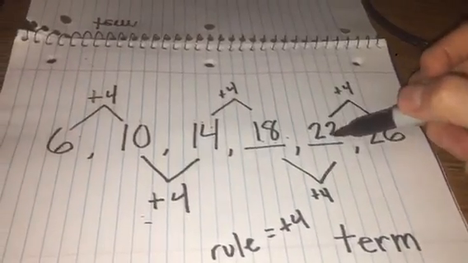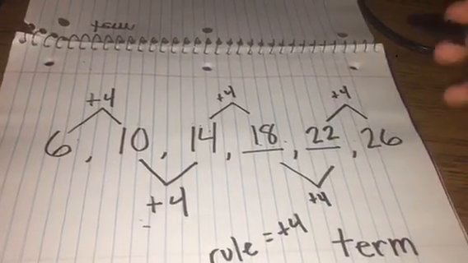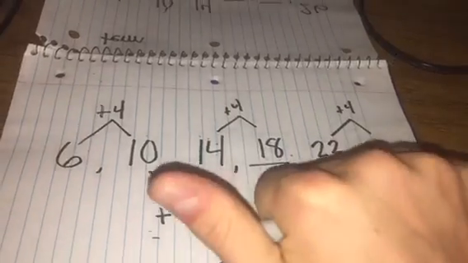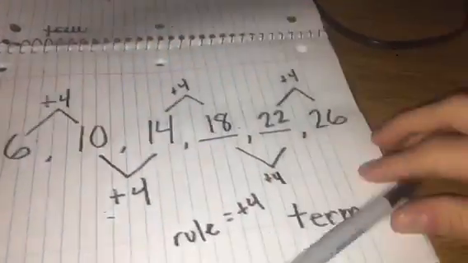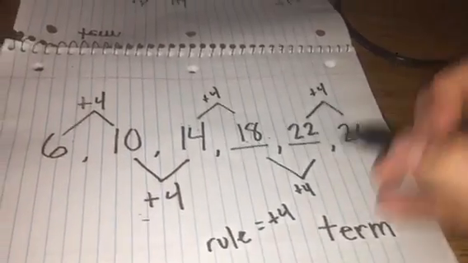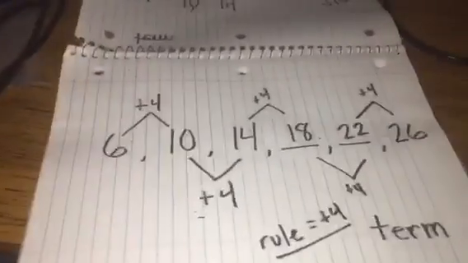So we'll start at 22, and we'll add 4 and see if it gets to 26. 22, 23, 24, 25, 26. So that did work. It is plus 4, and my rule is plus 4. So that's how you figure out these